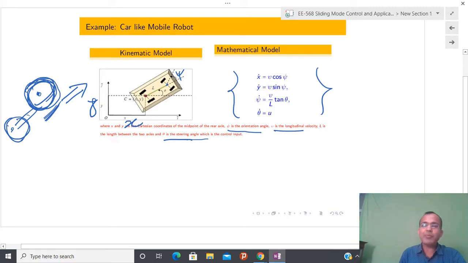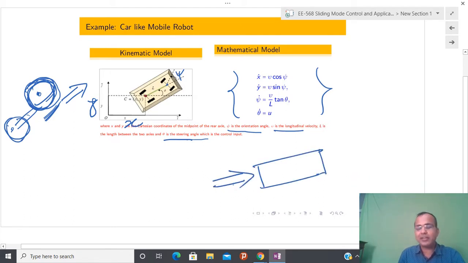And here I am going to tell you one more interesting thing, that for a control engineer there is no need to worry about the mathematical model. If you have the mathematical model and you know the input and output, you are able to design the control system. Since you now know the concept of relative degree, just concentrate on input and output, and you have some kind of mathematical model.